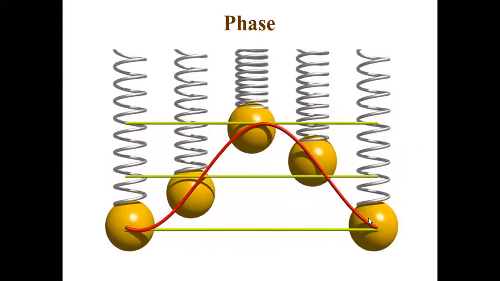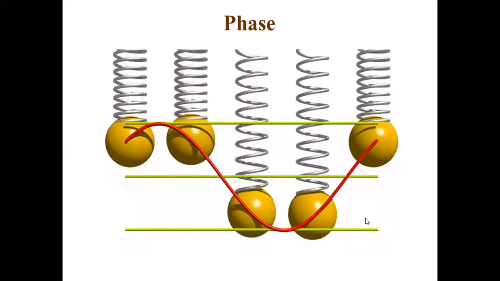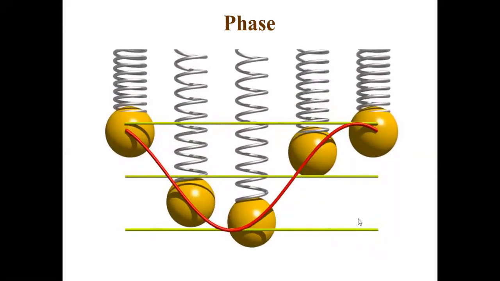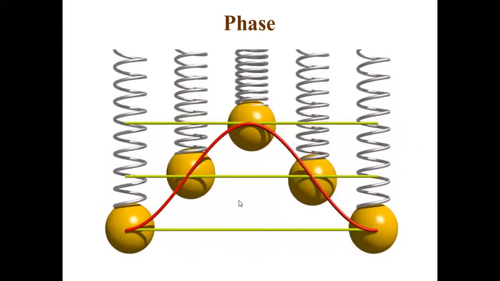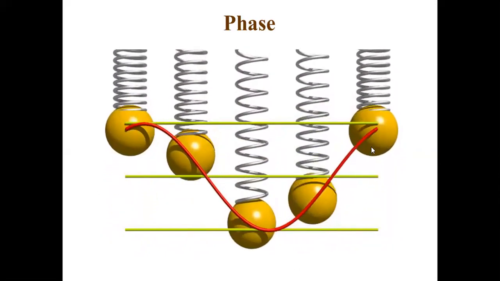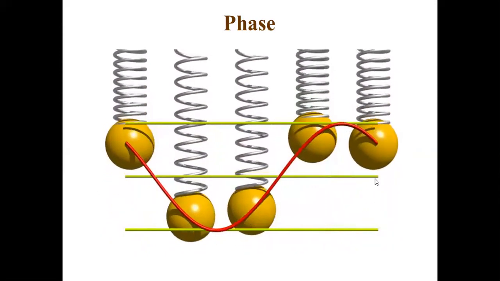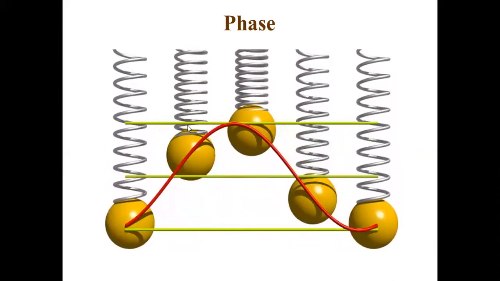So here you see, this completes one oscillation, and as it completes one oscillation, one by one particle will start vibrating, and no particle will be completely at crest always, no particle will be completely at trough always. Every particle will get its own chance of going to crest and trough, but not together. All the particles don't go to the crest, don't go to the trough, don't go to the mean position together. When one is at crest, another will be just going to another position.